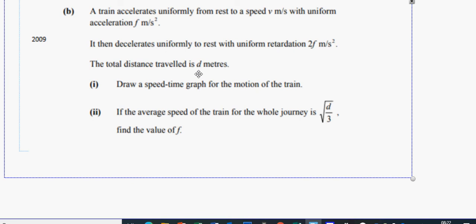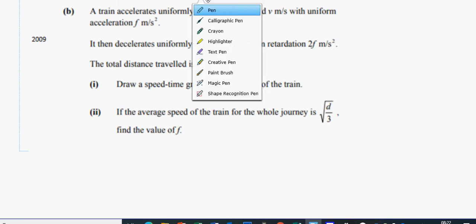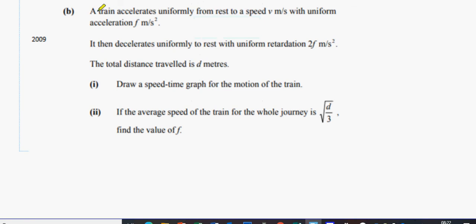Okay. Now let's go through the language really slowly, so I don't jump to conclusions. Train accelerates uniformly from rest. u equals 0, v equals v, a equals f, s equals I don't know. Alright. And then there's a